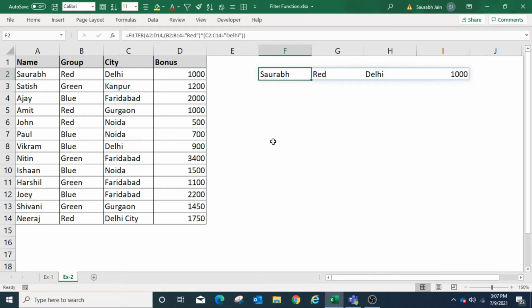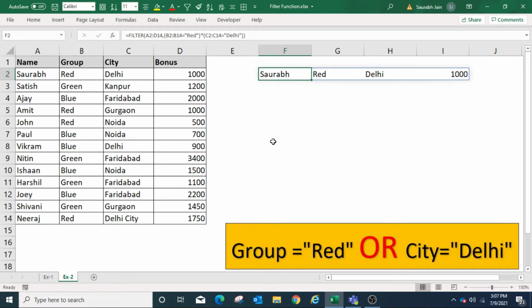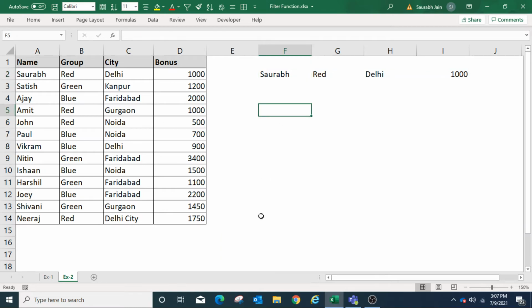To apply the OR logic between these two conditions, we need to replace the asterisk sign with the plus sign. So to apply the OR condition, type =FILTER, open bracket, select the range from A2 to D14, comma. For the first condition, select B2 to B14 equals to "red" in double quotes.